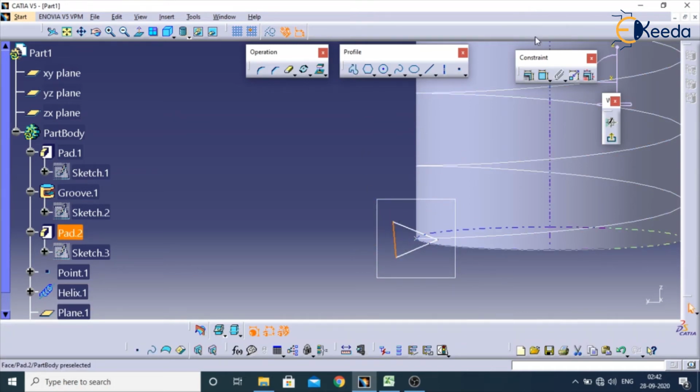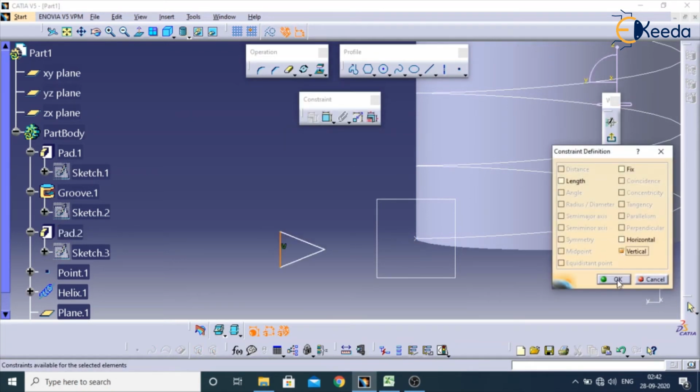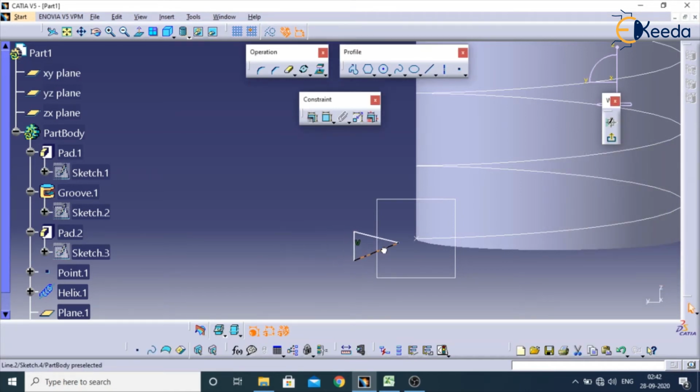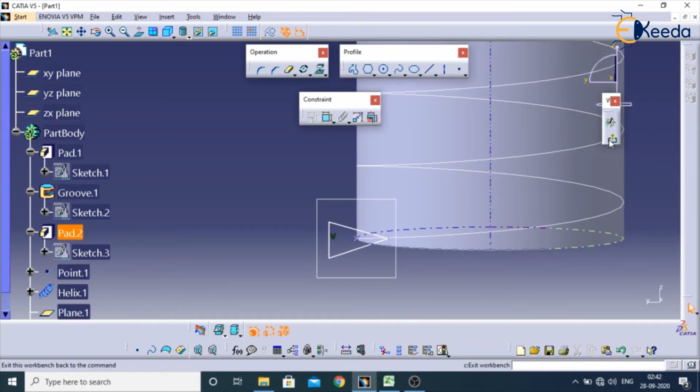This line I will make in vertical direction. Go for constraint dialog box, select, make it vertical and bring it nearer to this object. So whatever part of the object is intersecting inside this solid, that much material will be removed over here. So like this you need to keep it. Exit workbench.